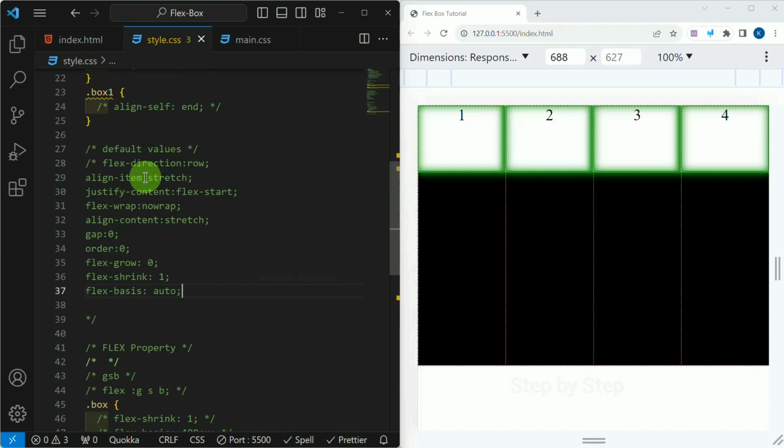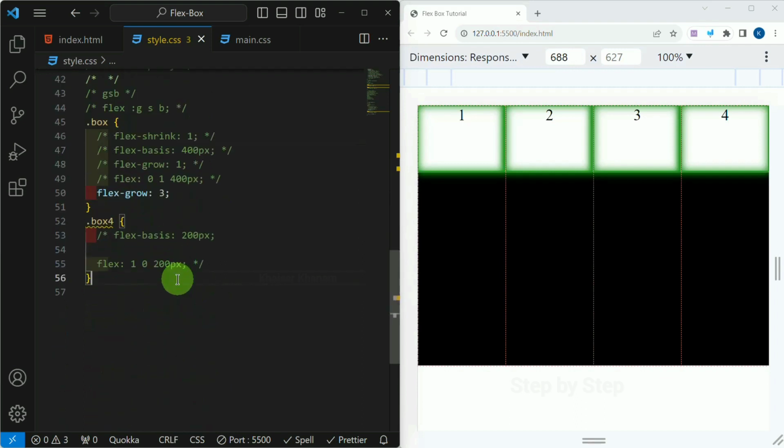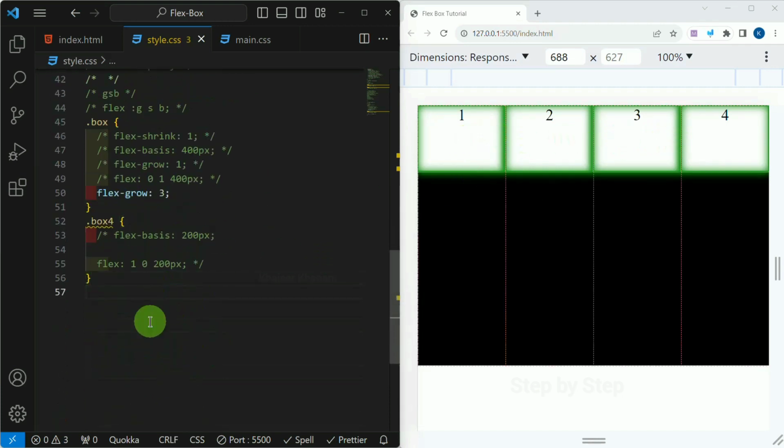Okay, you do not have to memorize default values, or you do not have to remember all the values. By practice, you will get all these values in your mind. So by default, order will be 0 for all these things. If I give a lesser number for order, that element will be coming first. If I give more than 0, that element will be going last. Let me explain. If I write here box 2,